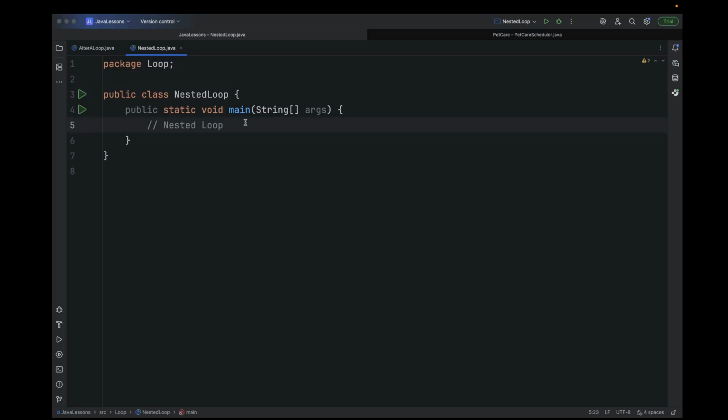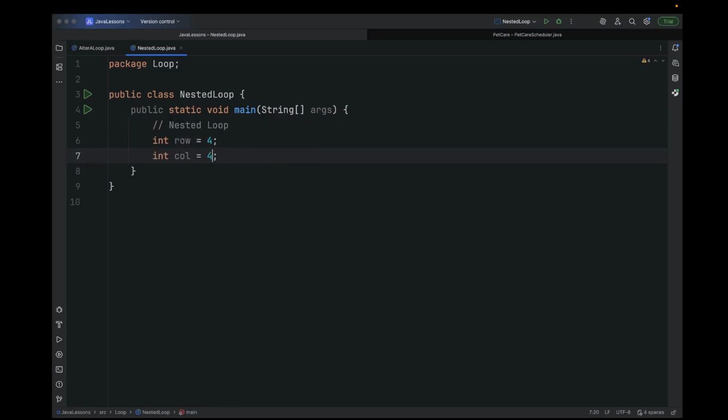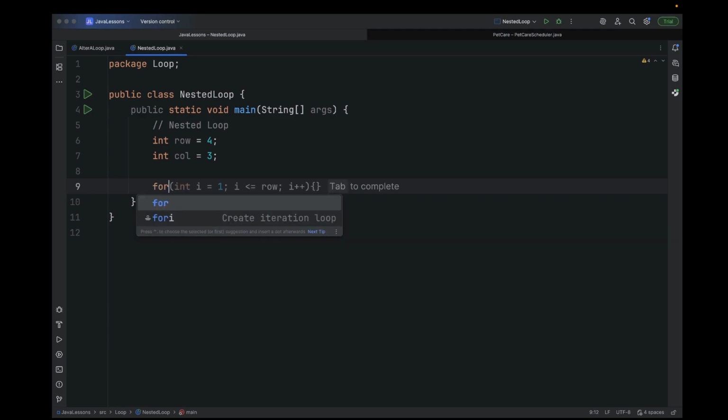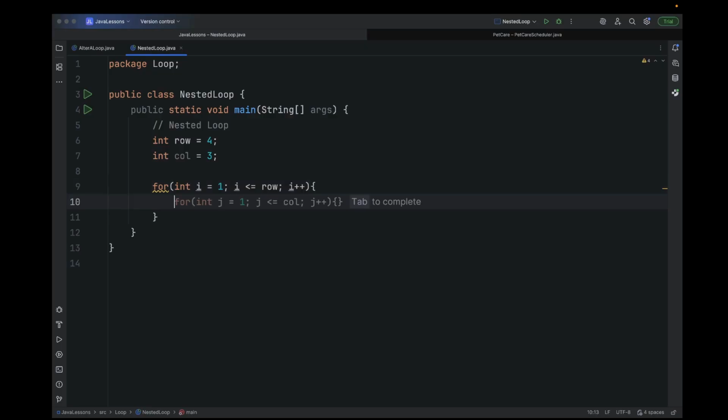Okay, let's use an example. Say we have a table where the row is 4. We have 4 rows in a table, and the column is something like 3, right? So we have a table containing 4 rows and 3 columns, right? We want to print out the data in this table in a tabular format, right? So what we are going to do is, let's create a loop to loop over the rows. First of all,